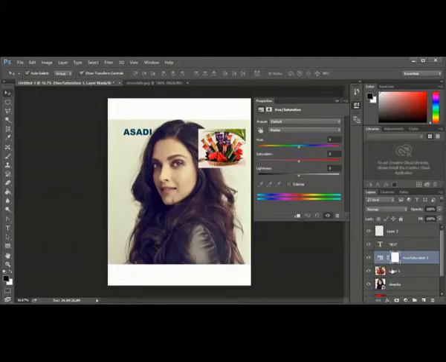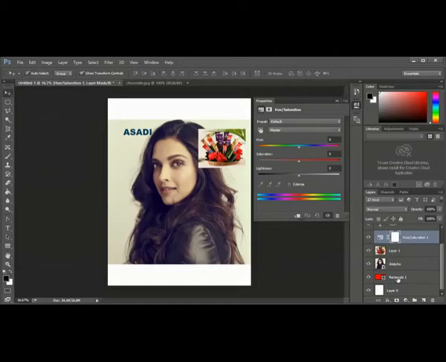So there are these three things available. I can change the color of this. Suppose I change the, you can see all the colors, all the objects are changing color.